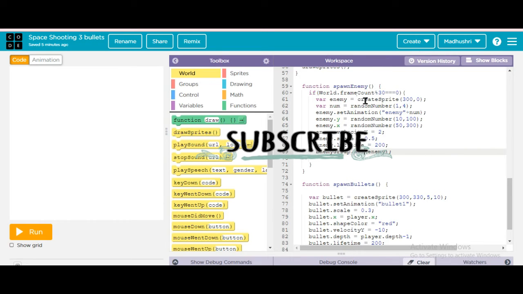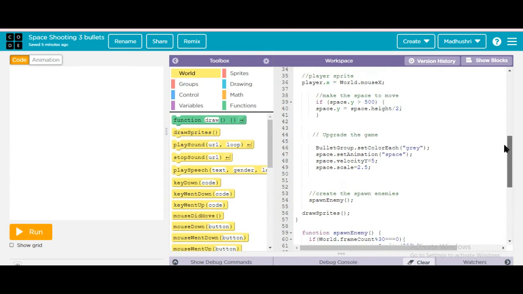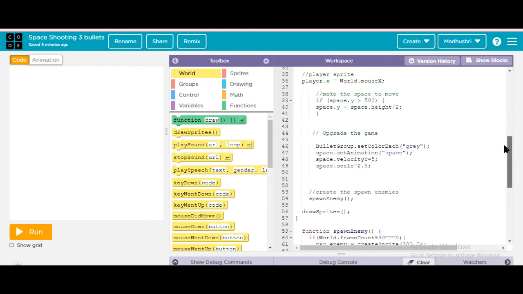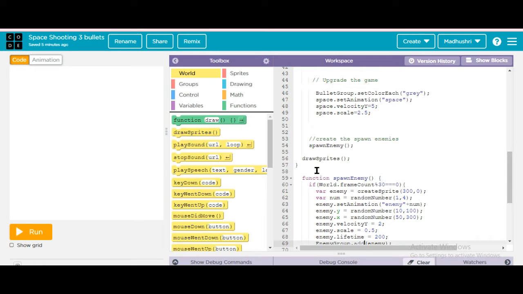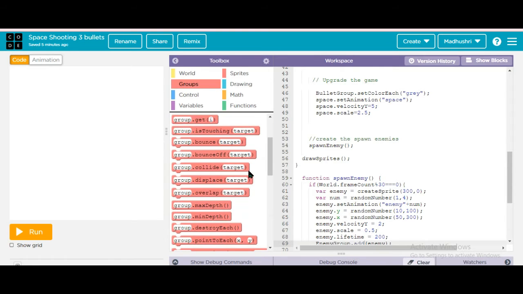Okay, so what is a function? The function draw is already there, right? Then why do you need to create a function? If you need to create a group, then you have to create a function. You can see the groups toolbox, right? Here they will give group dot displace target, group dot collide.